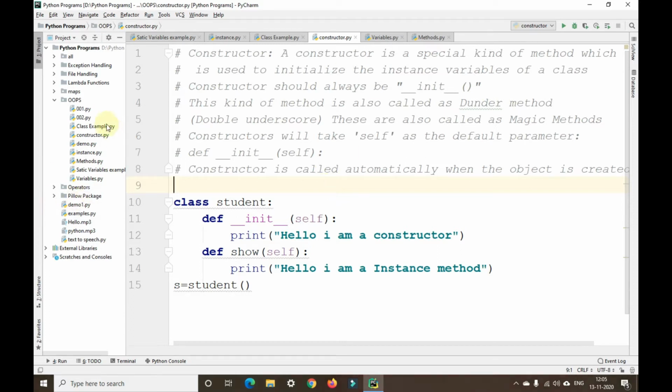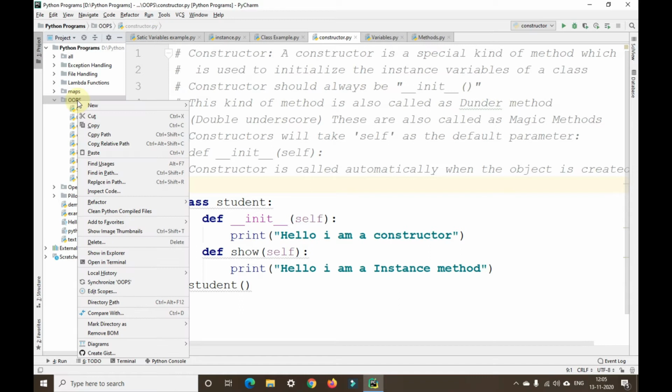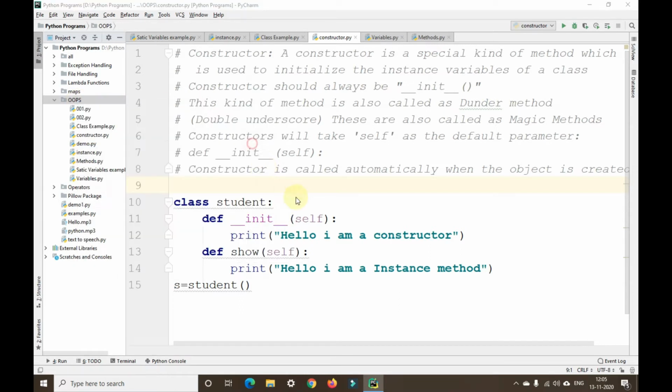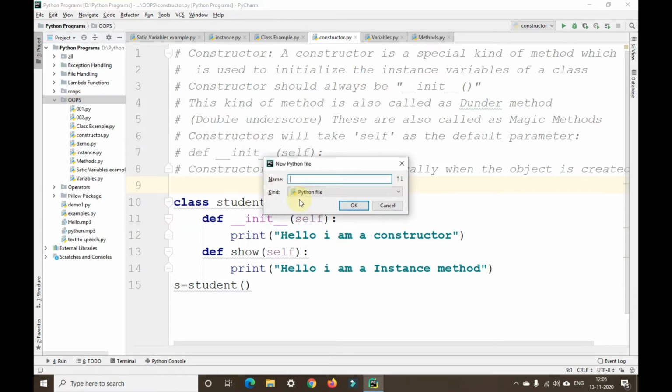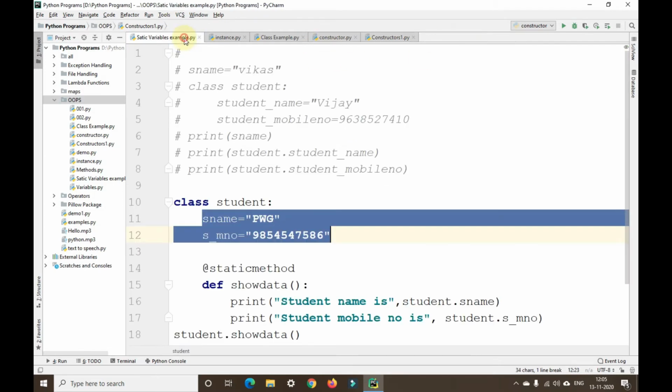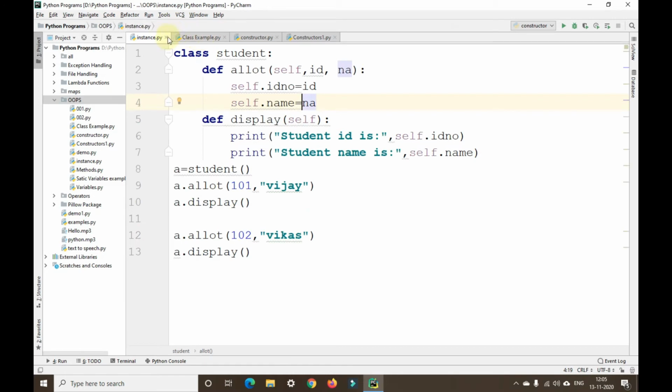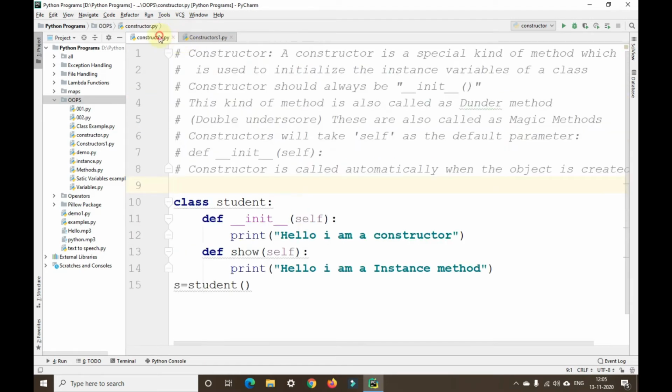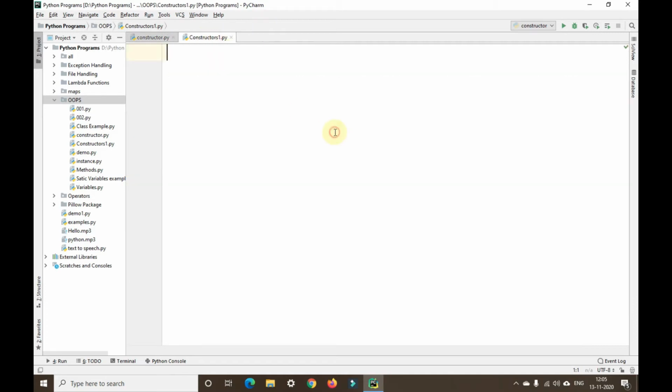So let me create a new Python file first. Constructors1. Okay, I'll close all these guys. Okay, so I have only one constructor here and constructors1 file here.